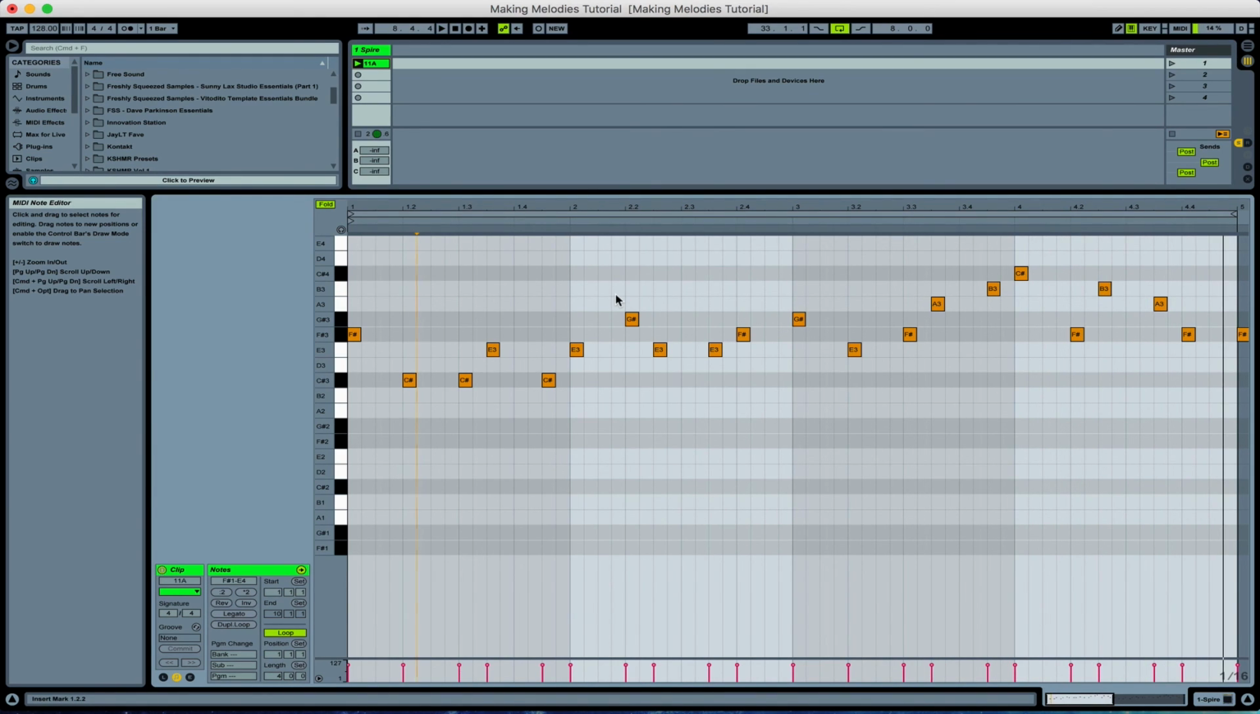Pretty simple, but quite catchy. And all I did was key in a pattern, like I showed you just before, and then start moving the notes up and down until I found something that I thought sounded kind of cool. Then, to add a little bit more interest, I increased the length to 8,